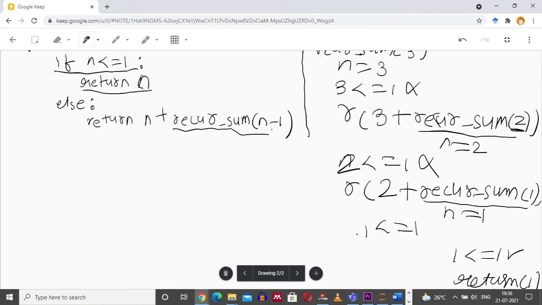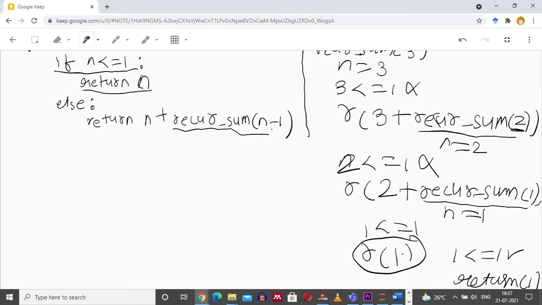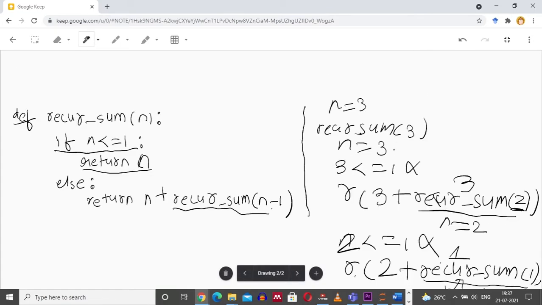Therefore, we will return n, and in this case n is 1. From here, what is returned? 1 is returned. 1 will be returned from the point where the function was called. Here 1 is returned. 2 plus 1 will result in 3 and it will be returned to the previous call. So 3 is returned at this part. 3 plus 3, which is 6, will be returned from the point where the function was called.